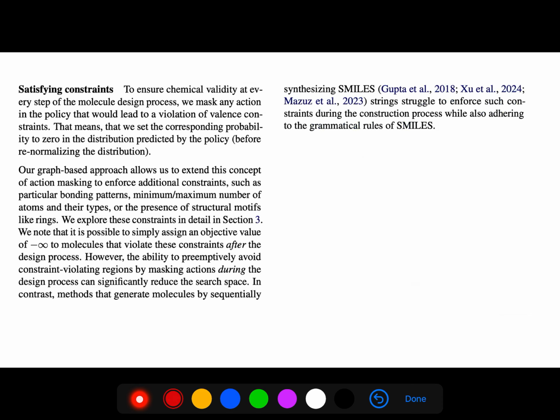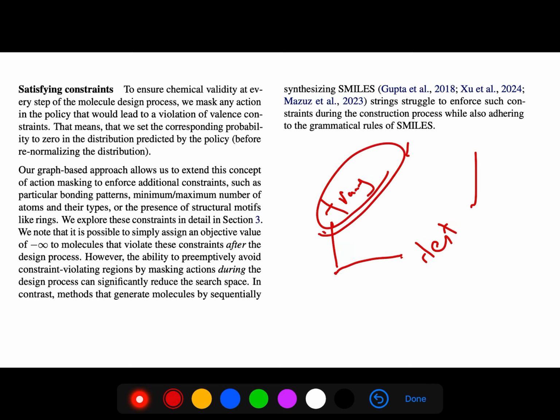And then satisfying the constraint to ensure it is valid at every step. Of course, in satisfying validity, you should think about training time and test time. Test time is very easy. You just check it and don't allow the invalid molecules to be generated. But at training time, there are hundreds of methods for validity of molecules. The thing that I like is masking, because which atoms are valid is based on the bonds that are connected to